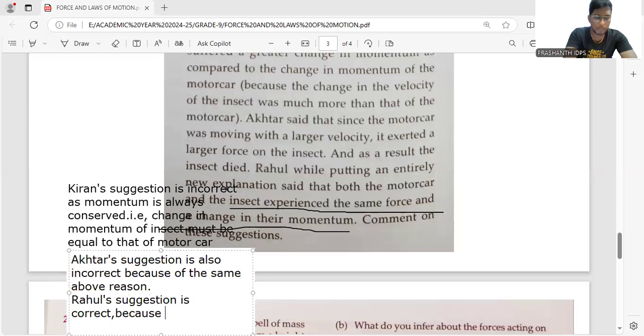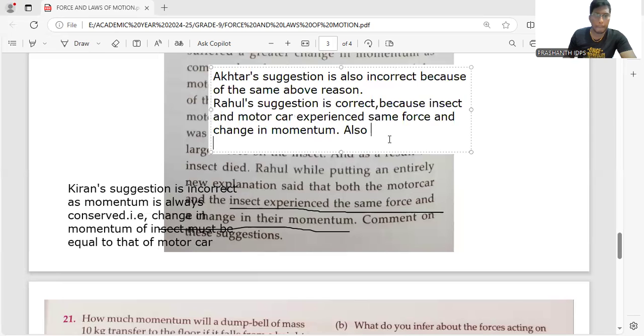Because the insect and the motor car experience the same force and the same change in momentum. Also, you can write here: also the insect